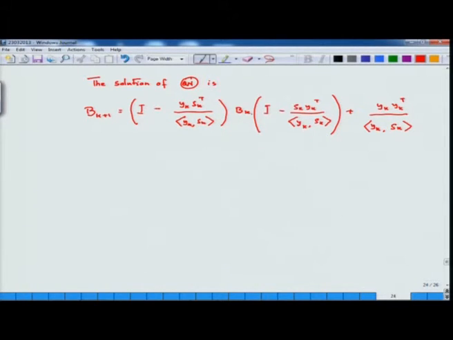So, if the starting matrix B naught is I, then B1 is the product of these two into this plus this. Now, this sort of updating, moving from Bk to Bk plus 1, is called the Davidon-Fletcher-Powell update, or the Davidon-Fletcher-Powell method. So, the upper one is called